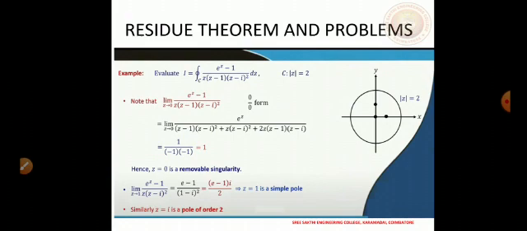Now for the first one, z equal to 0, we are trying to classify it. So we first take the limit as z goes to 0 of the integrand. This has a 0 by 0 form, because e to the power 0 is 1, and 1 minus 1 is 0, and here in the denominator we also have 0. So for 0 by 0 form we can use L'Hospital's rule.